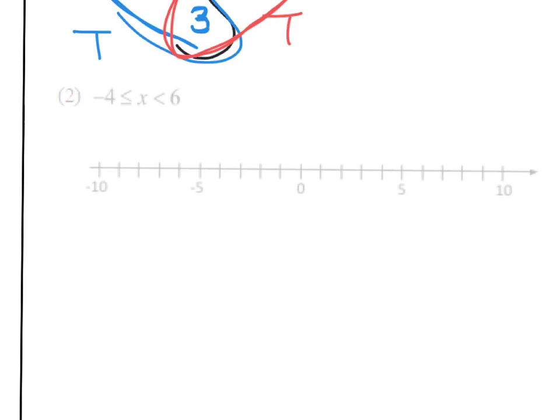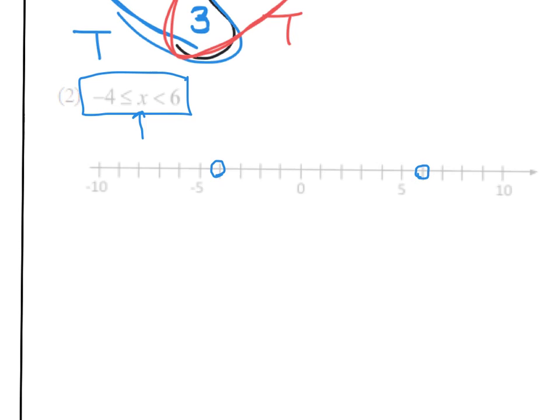All right, so now let's take that and actually apply it to one that's already written as a compound statement. This again means that x is between -4 and 6. So -4 is my lowest value, 6 is my highest value, and I need to color in everything in between. So -4, I'm going to put a circle there, and I'm also going to put a circle on 6 because